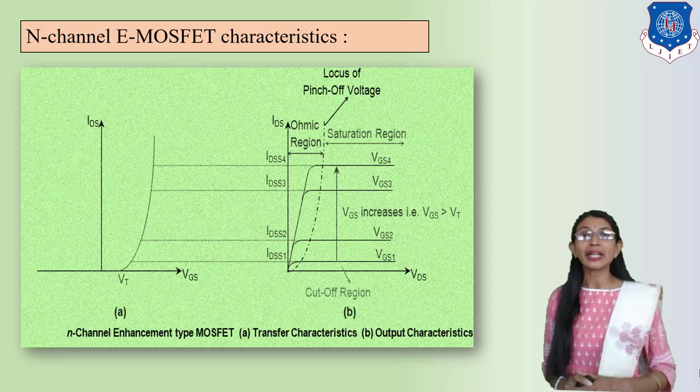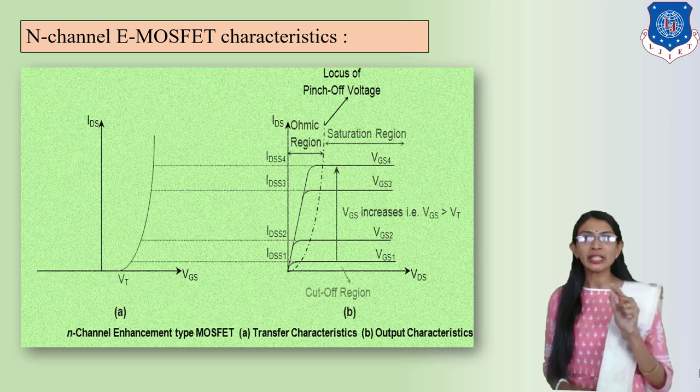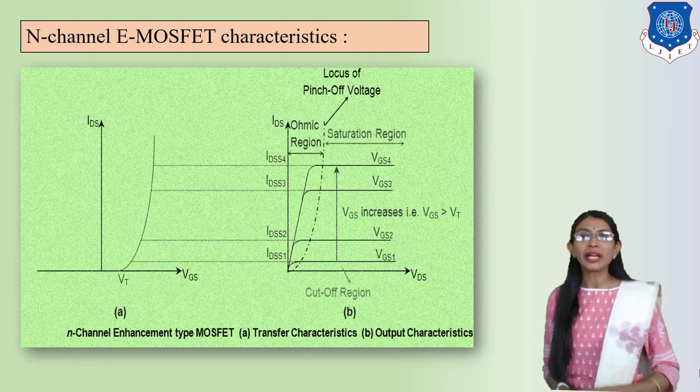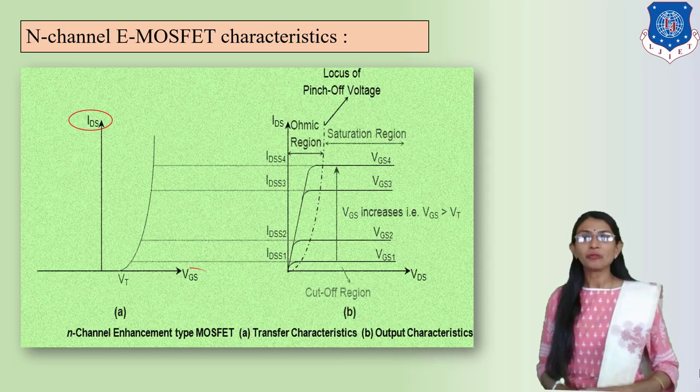The input characteristic, that means the current versus input voltage. The current is ID. So IDS versus input voltage, that is VGS. So we will get the input characteristic, that is ID versus positive VGS. As we increase the VGS from 0 onwards positively, as VGS is increased, ID will be increased. So it is easily understood by this input characteristic, that is ID versus VGS. Look at this. As VGS increases, ID increases.